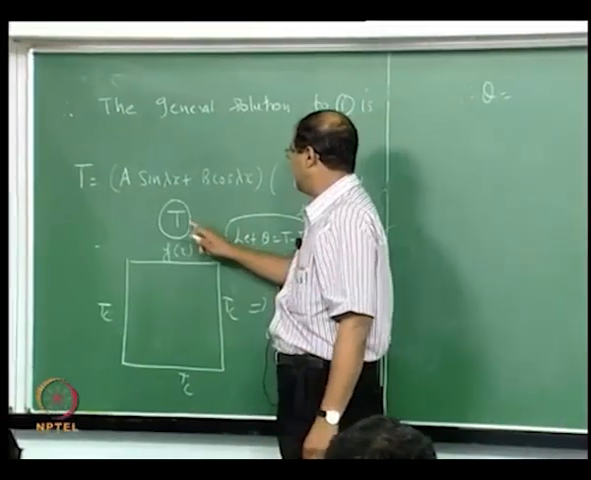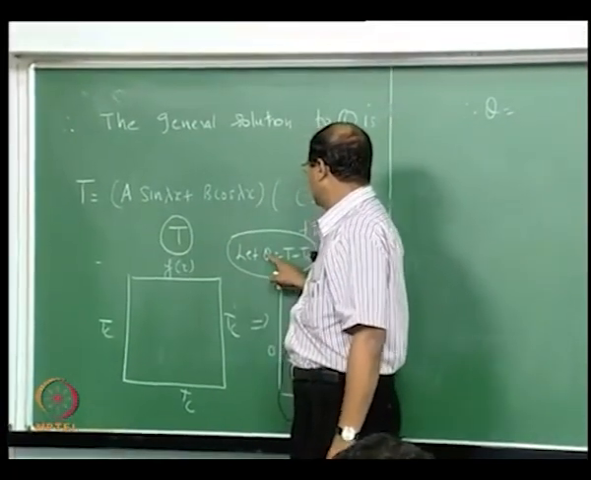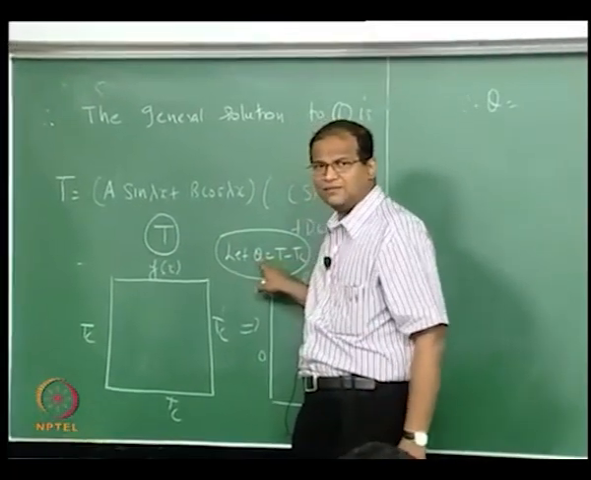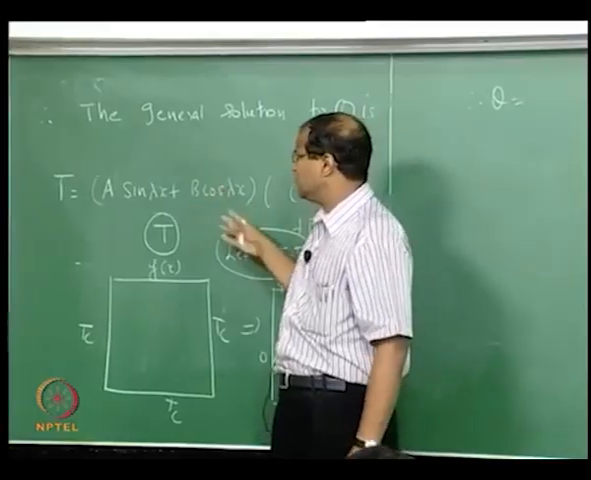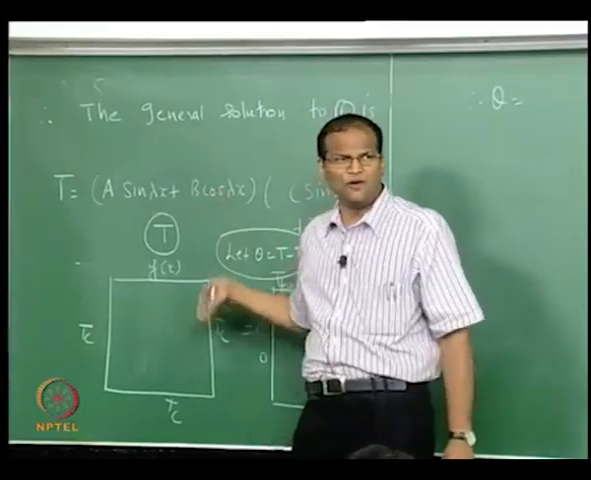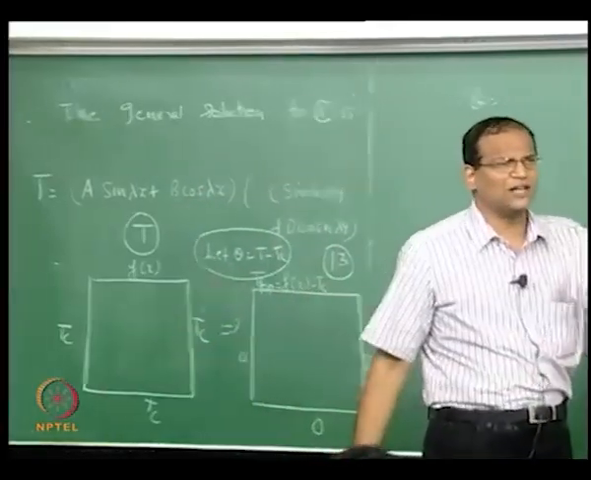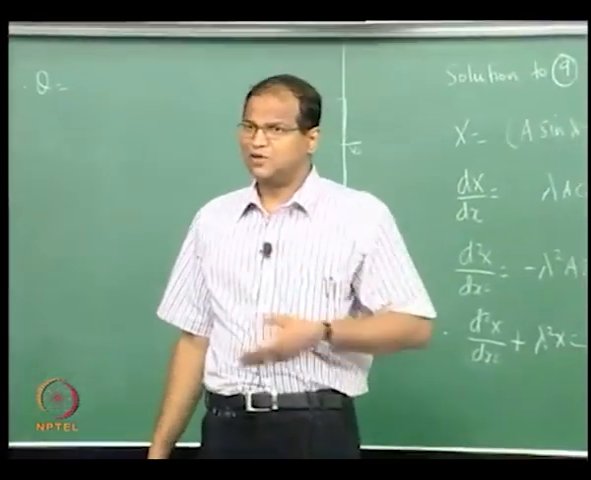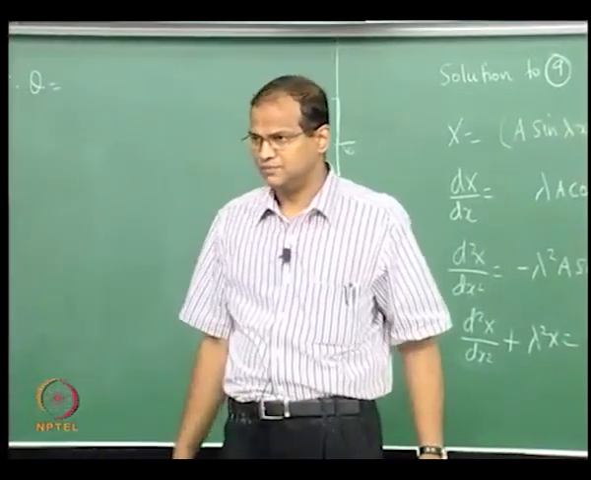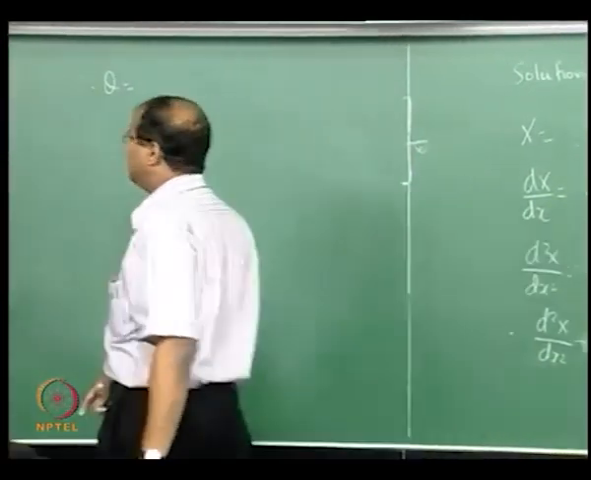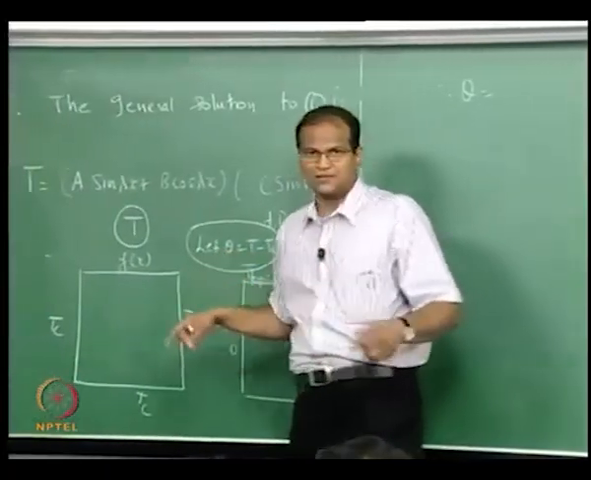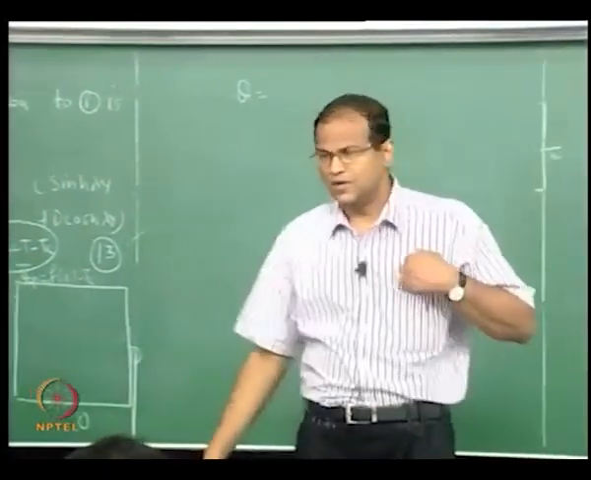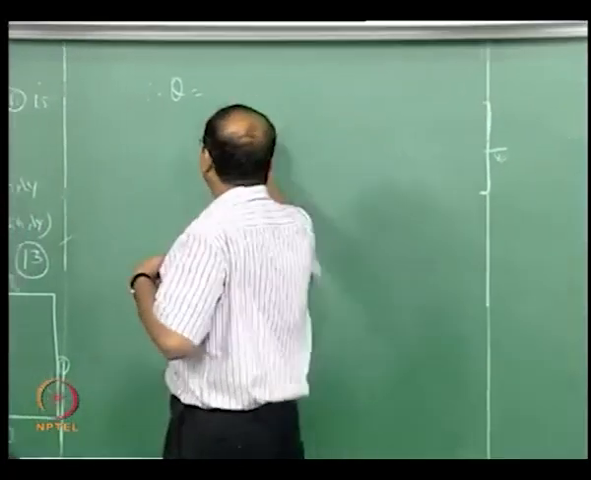Instead of T, if you define theta as T minus Tc, this solution will also be a solution. Instead of T, if you define theta, it will also be a solution, except that A, B, C, D will get adjusted, because after all Tc is a constant, because dT by dx is the same as d theta by dx. So therefore theta, the general solution, is